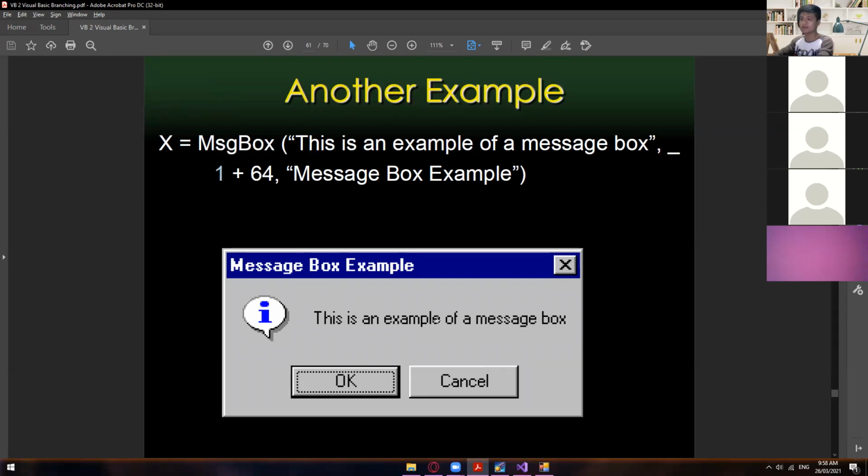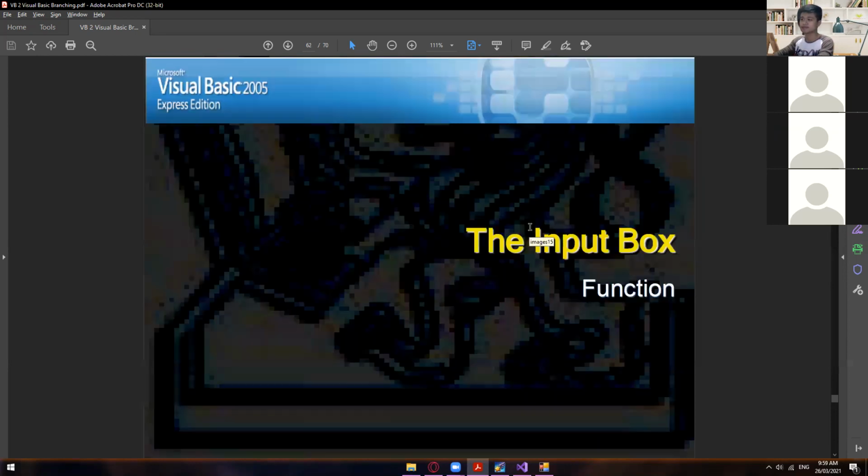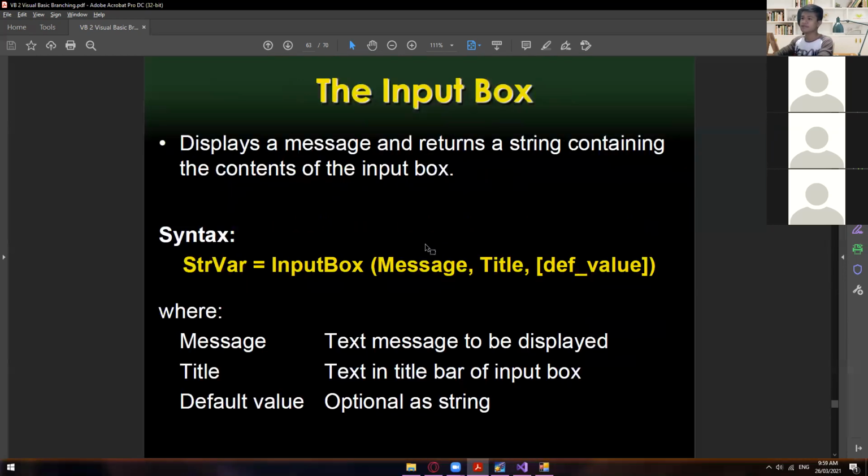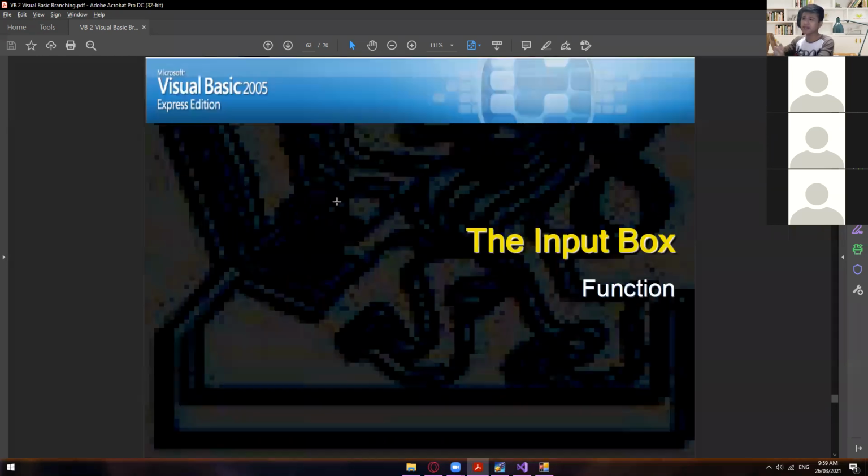1 is the OK cancel, and then 64 is the information icon. Okay, and then for the input box, this one will display a message and return a string containing the contents of the input box. So in here,